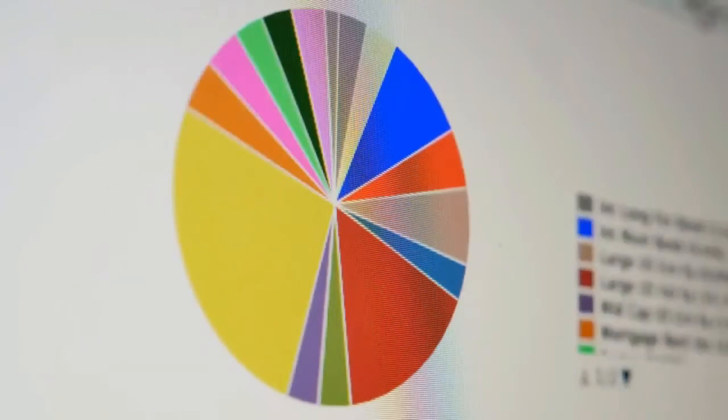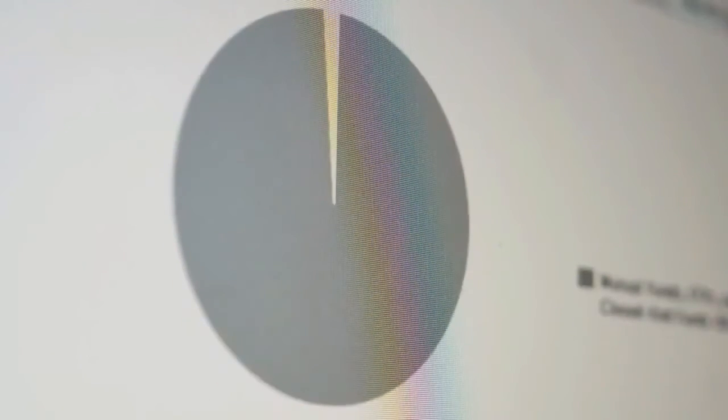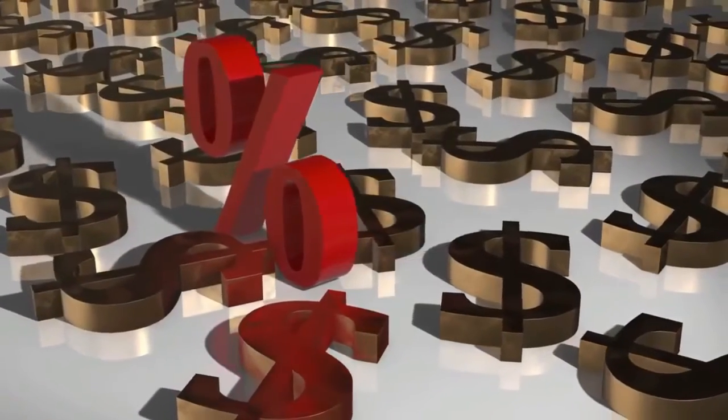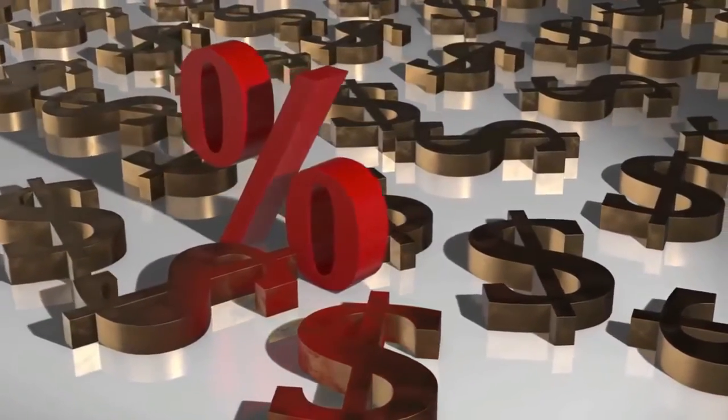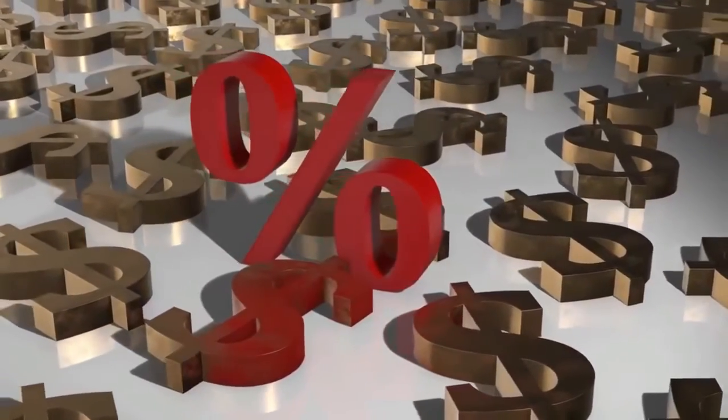Which approach is best? There is no clear answer to that question. But it's important to remember three things. Past performance does not guarantee future results. Actual results will vary, and the best approach is to create a portfolio based on your time horizon, risk tolerance,